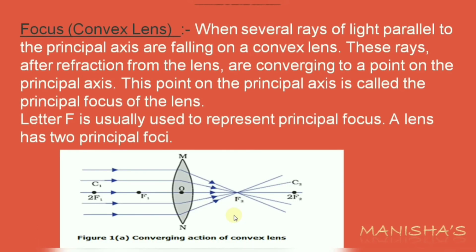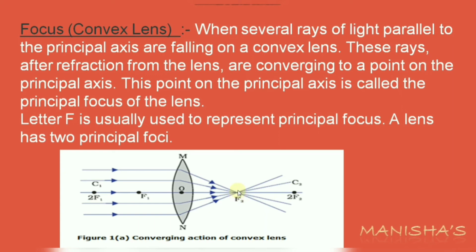Next is the focus. Focus for the convex lens. See, when several rays of light parallel to the principal axis are falling on a convex lens, so these rays after refraction from the lens are converging to a point on the principal axis. सारी converge होती है, as you can see in this diagram, कि after refraction all the incident ray जो भी होती है सब converge होती है on a point,